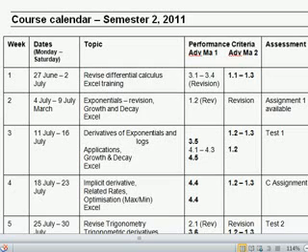Okay, guys, here we go with a quick look at the course calendar for semester 2. What I'm really interested in with this one is just to look at what we will be covering this week, or we should be covering this week. As you can see, week 1 starting today is mainly a revision of differential calculus that you would have done